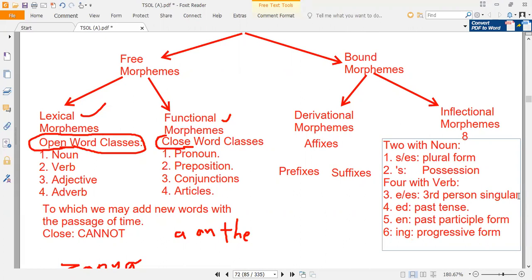Then the last two go with adjective, right? So they are er for comparative degree, and